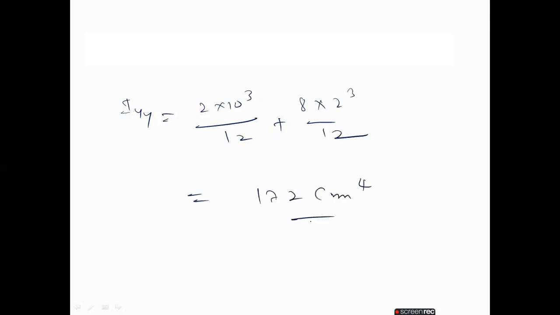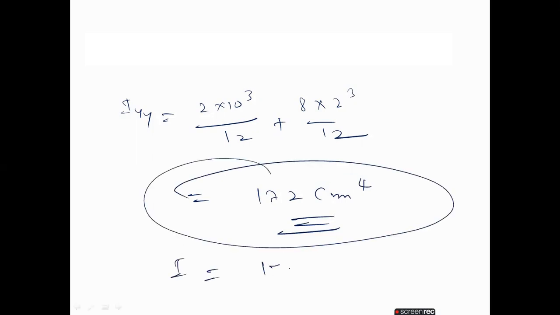Okay, next value, calculate the moment of inertia about the axis y, that is bd cube by 12. Directly we will calculate, plus 8 into 2 cube by 12. Directly we will get 172.70 centimeter power 4. The least value is here only. So take I value as 172 centimeter power 4. If you convert into mm, 172 into 10 power 4 mm power 4.